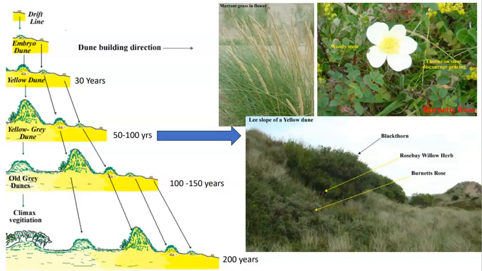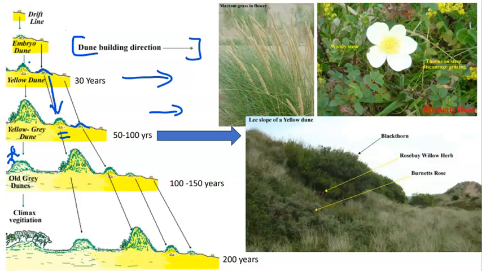Now we should be aware that whilst we have maintained our position here, the development of the yellow dune created another opportunity for embryo dunes to grow in front of us, and those embryo dunes will in turn develop into yellow dunes, and therefore in front of these yellow dunes we also have new embryo dunes, and so we have a dune building process which is operating in this direction towards the ocean. So the changes are not just in our location, but also happening in front of us, and